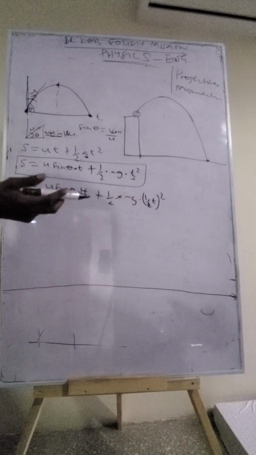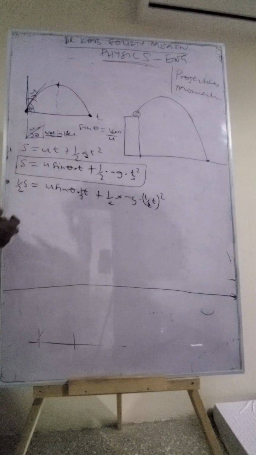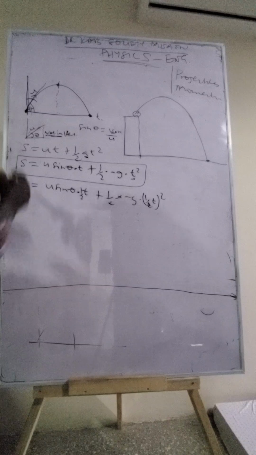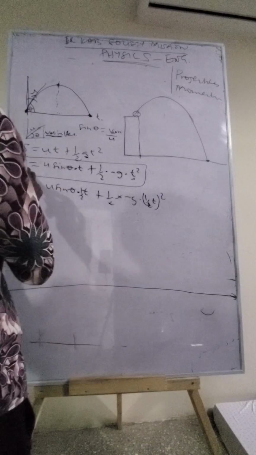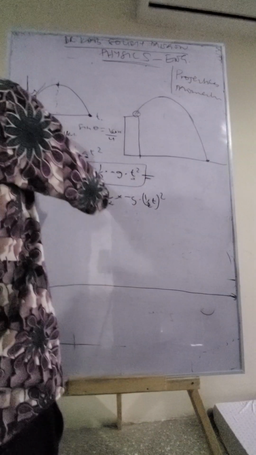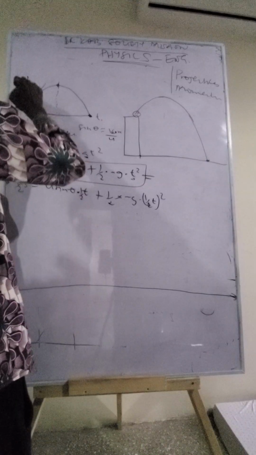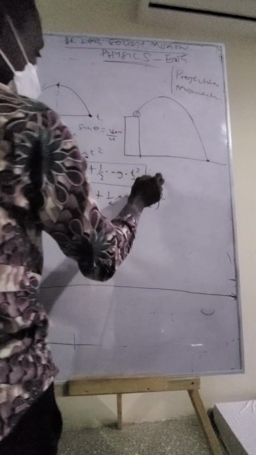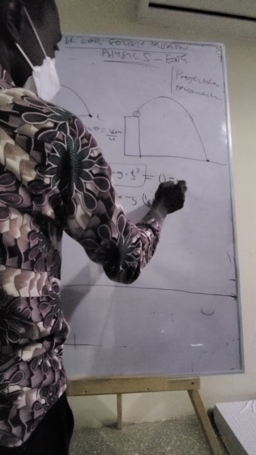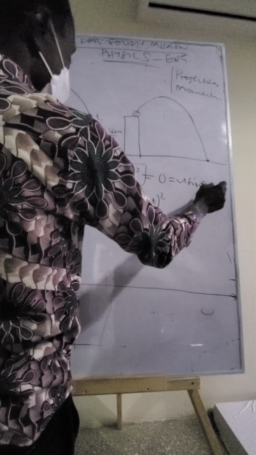So it depends on where you are choosing your point up to the end. This is the equation. But remember, from here up to here, by the time it goes up and comes down, the change in the vertical distance will be equal to 0. So S will become 0 and is equal to u sine theta t plus